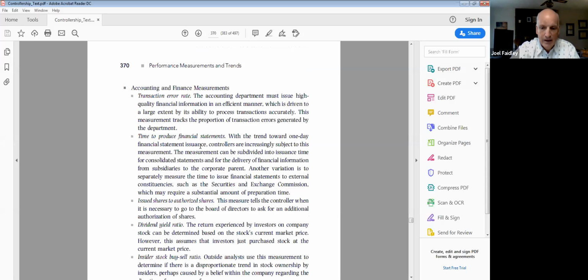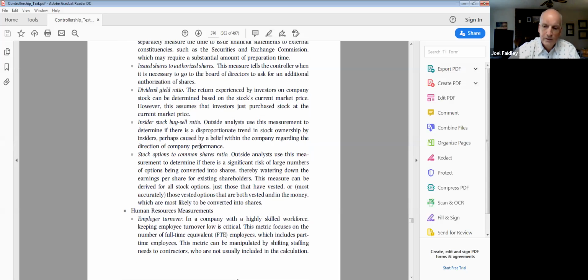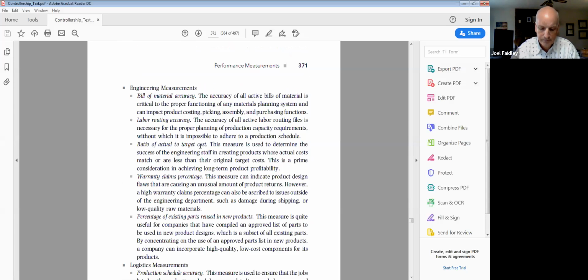Human resource management down there at the bottom, or measurements. Employee turnover we talked about. They talk about putting that into full-time equivalents. Yeah, they're just saying if you got 2 people working 20 hours a week, that's really what, 1 FTE, 1 full-time equivalent. If you have that going on in your organization, that was never really that big of an issue where I've worked. Look at engineering measurements, bill of material accuracy, BOM,